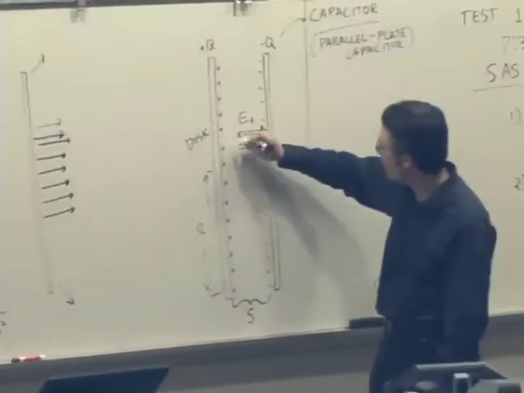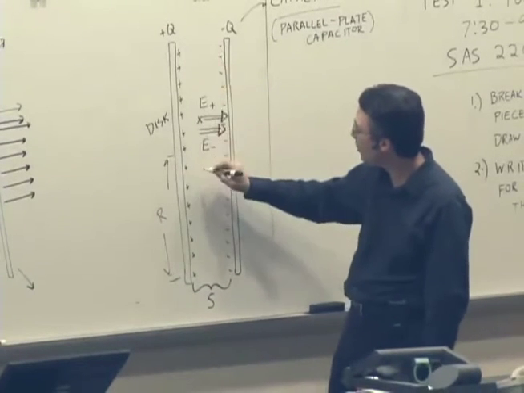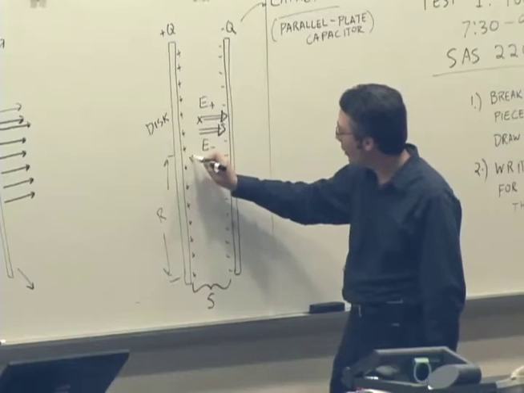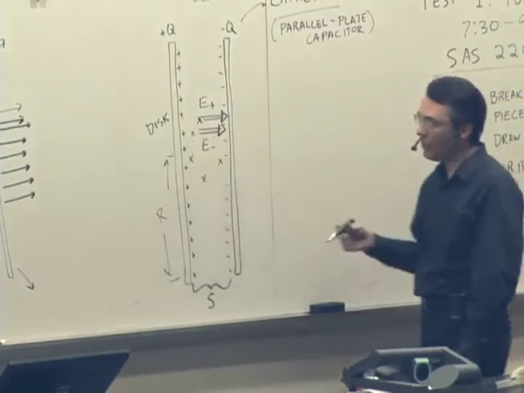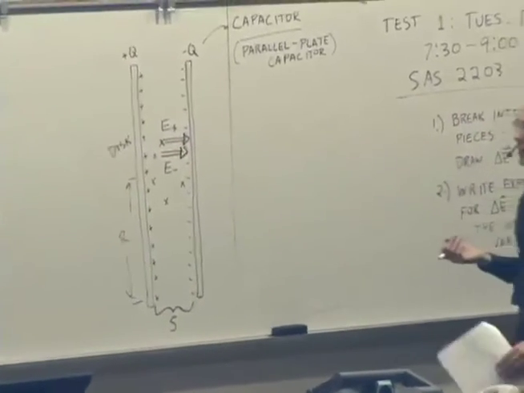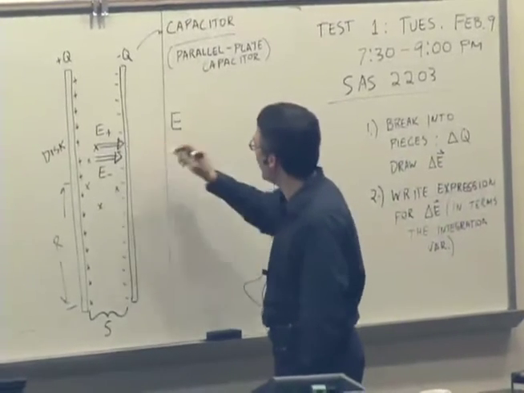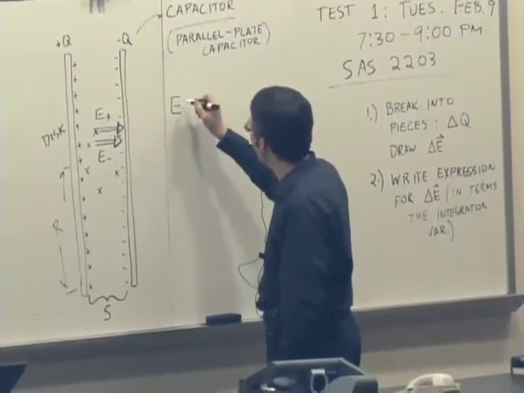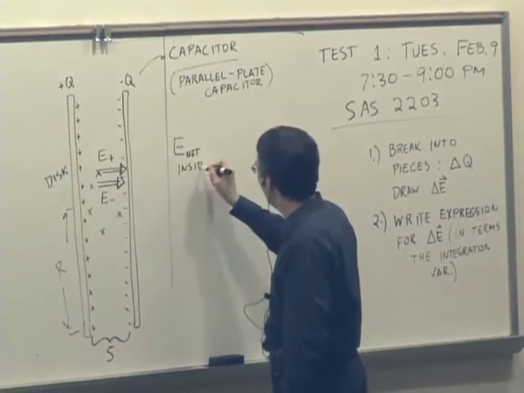So it doesn't matter where we are inside this capacitor, as long as we're fairly near the center part. Again, if you get toward the edge, the approximation breaks down. But if we're here, or here, or here, or here, the magnitude of the electric field of the positive plate should be uniform. The magnitude of the electric field of the negative plate should be uniform. And so when we add those two together, we know they're in the same direction, so we can say that the net electric field inside the gap